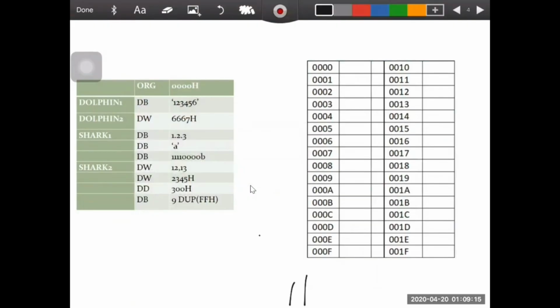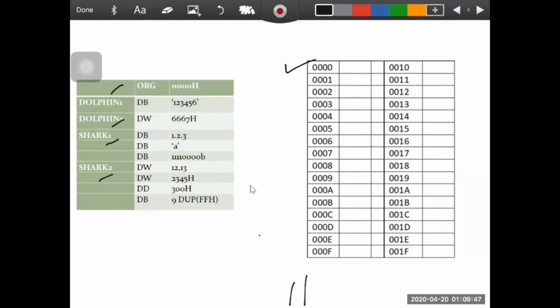So here we can see that these things, that is dolphin 1, dolphin 2, shark 1, shark 2, these all are the labels which we have already discussed in main directives. So in the first instruction we are saying ORG 0000H. Now what it indicates? All the next instructions are going to execute from 0000H. So that is the first address from where we have to start our execution.